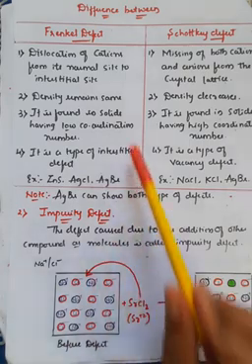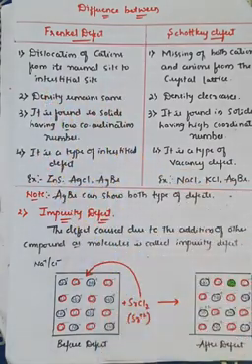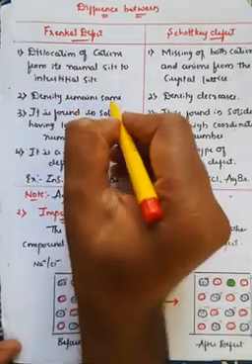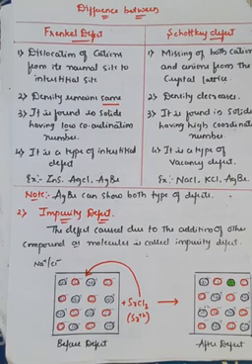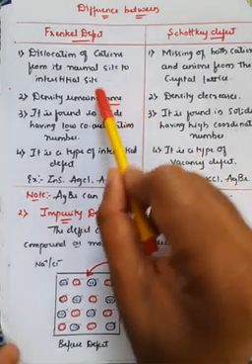Next one is density. In Frenkel defect, the density remains the same, because it is just an interstitial defect, which means there is no missing or loss of positive or negative charge in the crystal system. Whenever there is a complete loss, the value may reduce. Since the value is the same even after the defect, the density remains the same.